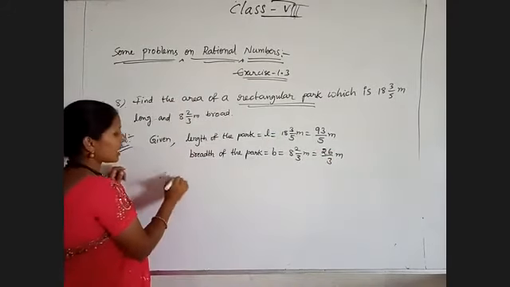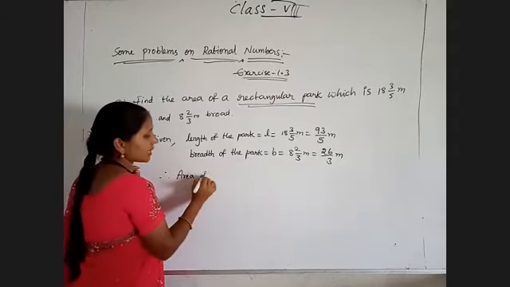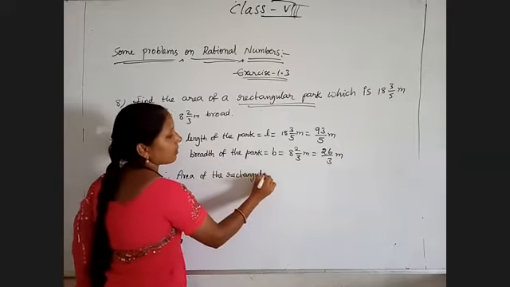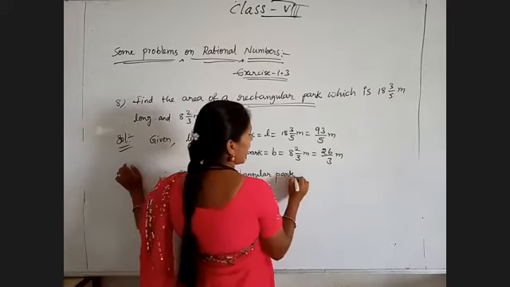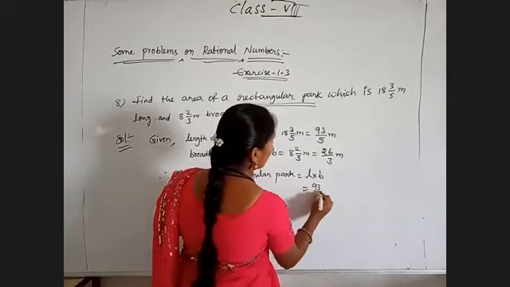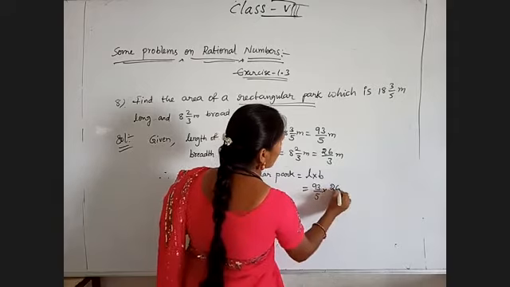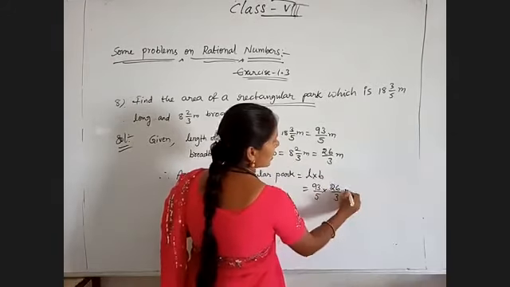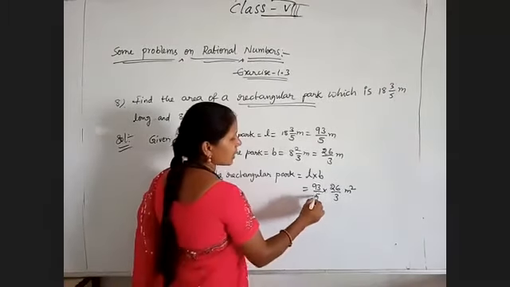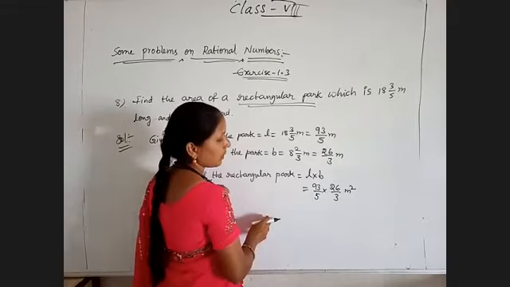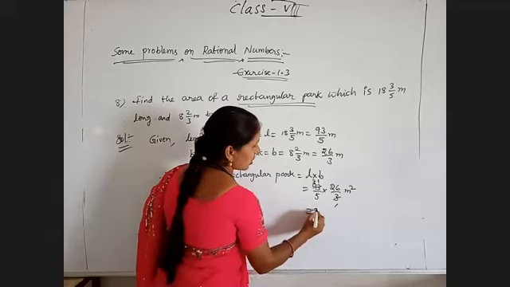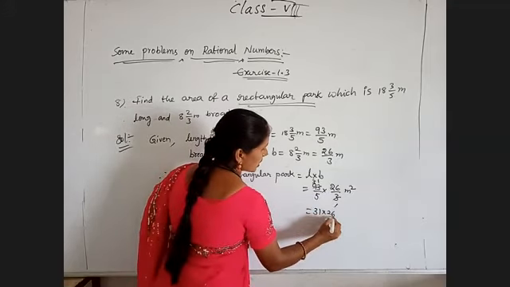Now they are asking the area of the park. So the area of the rectangular park is equal to L into B. So that is nothing but the L value is 93 by 5 into the B value is 26 by 3 meters, and meters into meters, that is square meters. Okay. Now do the cancellation. 3 3s are 9, 3 31s are 93. That's all. 31 into 26 by 5.